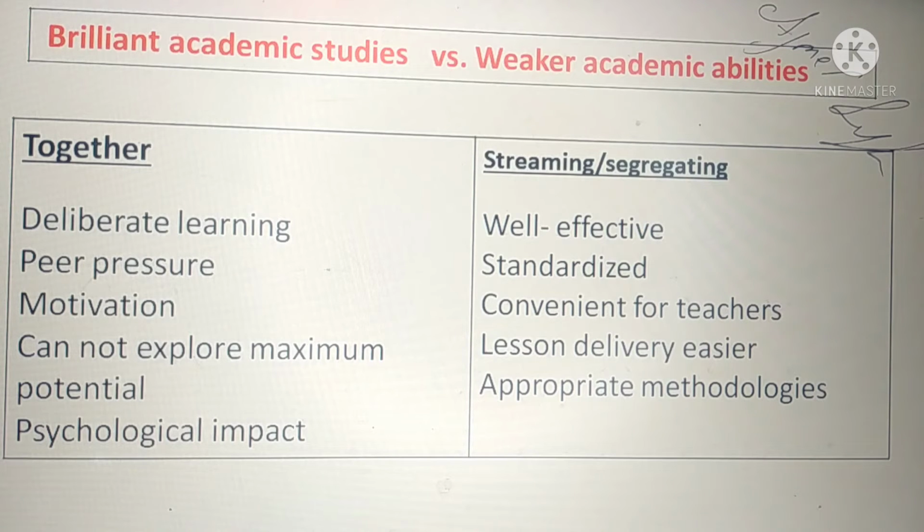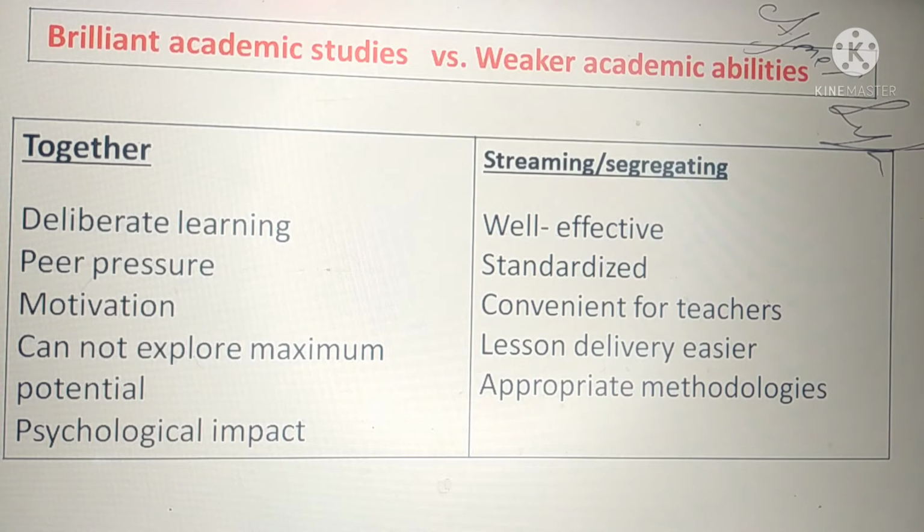And they cannot explore their maximum potential. This is the drawback. Why is this a drawback? All the brilliant students are there, and all the weaker students who are weaker in studies are there, right? But brilliant students study faster, right? They want to explore more and more, but they have to cope with the learning speed of the weaker students. So their full potential is not utilized, and it can lead to a psychological impact both on brilliant students as well as on the minds of the weaker